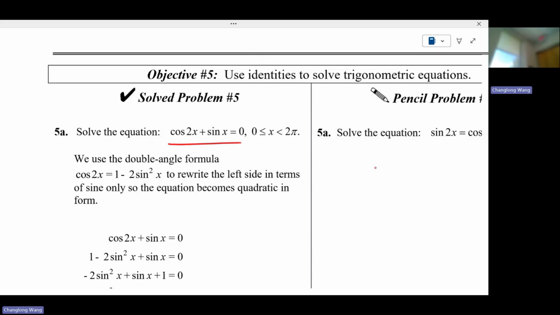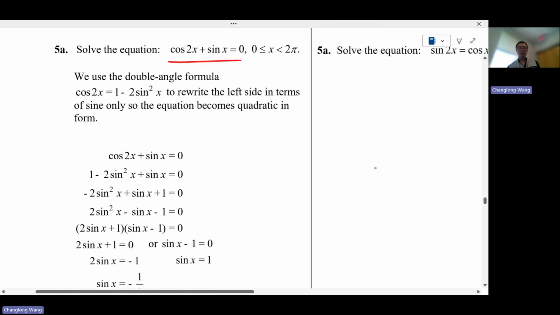So cosine 2x is a double angle formula, and we know that there are 3 different forms for cosine 2 theta or cosine 2x. Why do you think they go with 1 minus 2 sine squared, not the other 2? Guess what? They realize if you're going to have sine going on, once we have all the sines, why would you get yourself cosine, tangent, sine, all in the same equation? So they smartly pick one of the forms for cosine 2x, and they transform the original equation, which seems tricky, to a quadratic